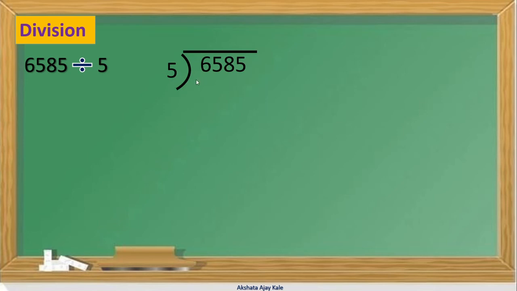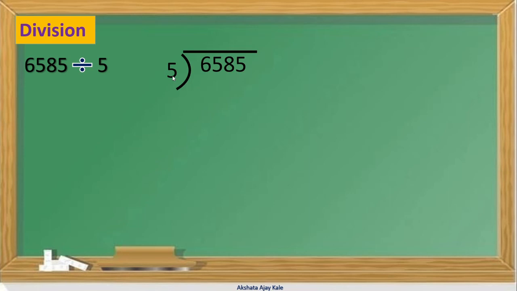Okay, now we will begin. In division, we begin from the left hand side, isn't it? From 6, then we will move to 5, then 8, then 5, because we are making equal parts, right? This is 6 in the thousands place, then 5 in the hundreds place, 8 in the tens place, and 5 in the unit place. So first we divide 6,000, then we divide 500, then we move to 80 and then to 5, right? So we'll begin.